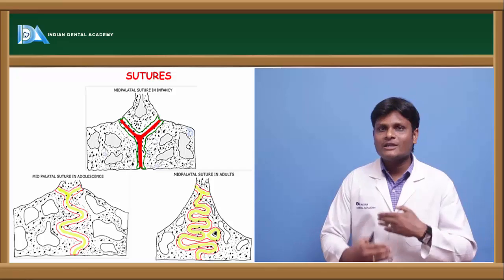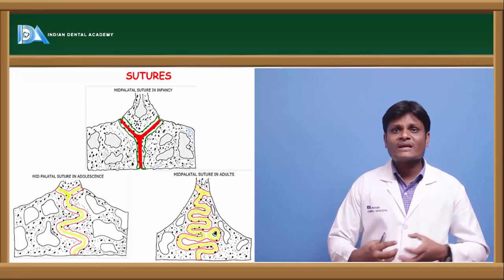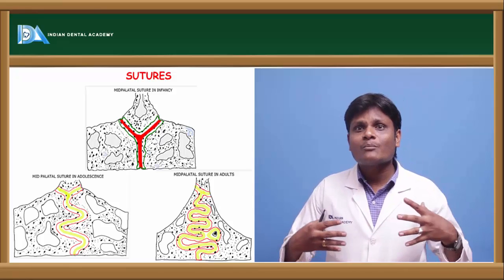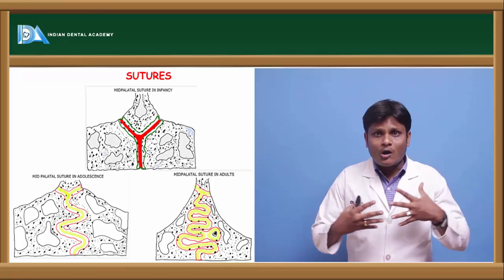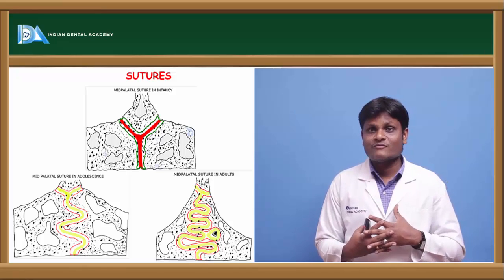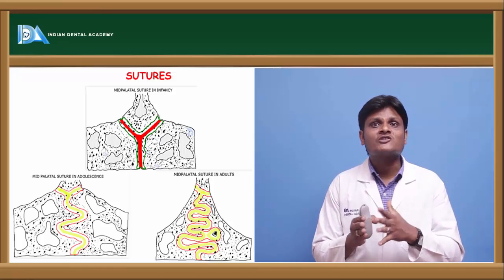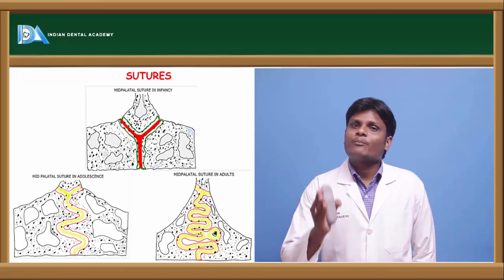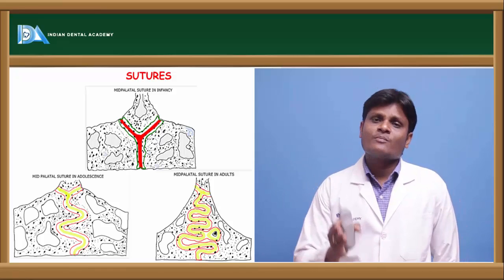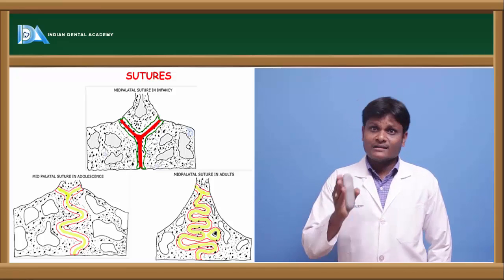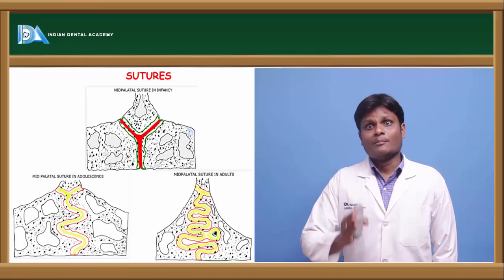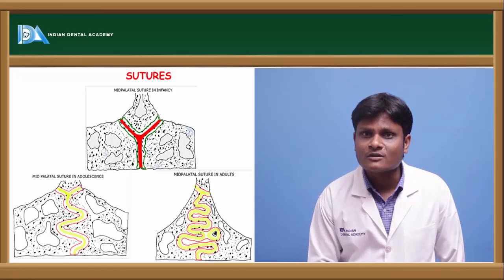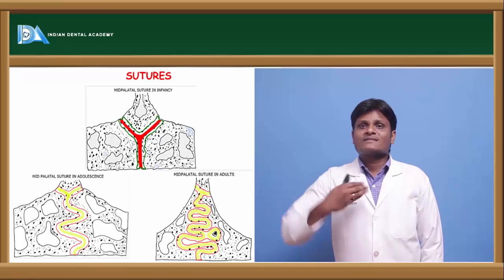As the age of the individual advances, the sutures become more and more ossified and with more and more serrations, leading to an increased compactness, which is very difficult to be split by means of expansion. So, keeping this clinical point in view, expansion should be carried out as early in the age of an individual as possible, preferably during the growth period of the individual before 15 years of age, so that you can successfully